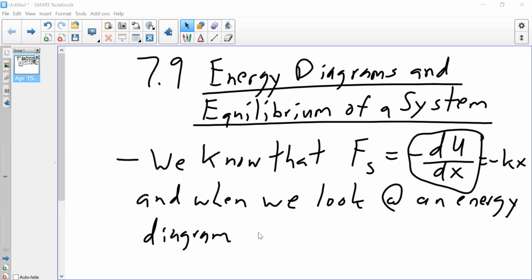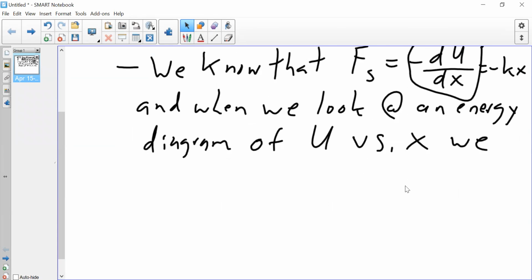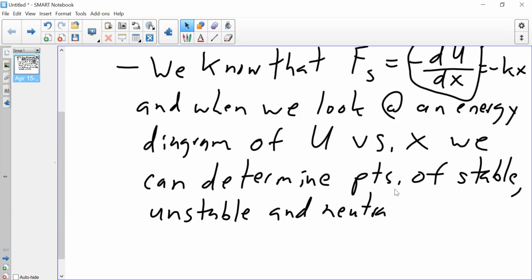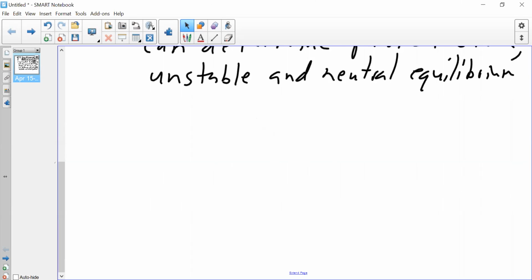So we look at an energy diagram of u versus x, just like we had x versus t way back in chapter 2. Take the slope of that, get your velocity. We can determine points of stable, unstable, and neutral equilibrium. Section 7.9. So for example, if we have a graph of u versus x,